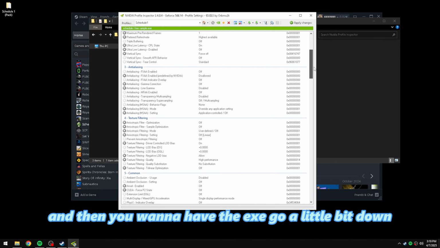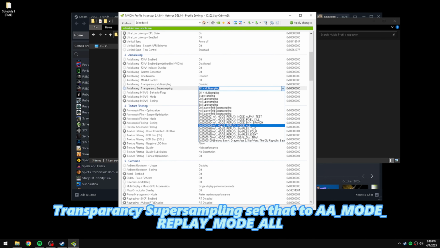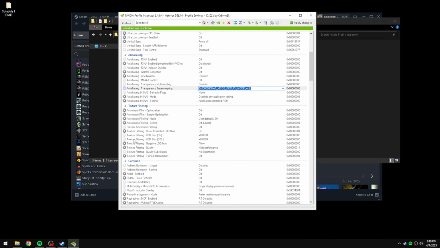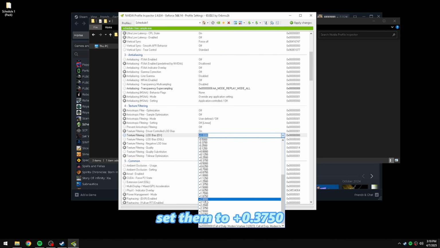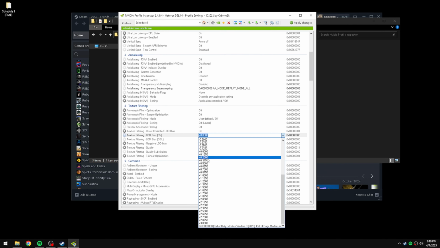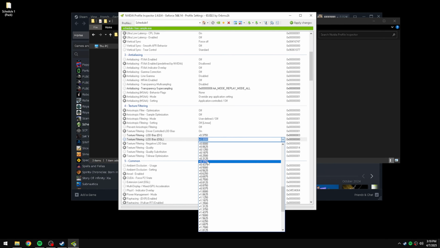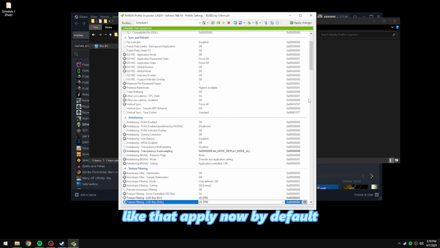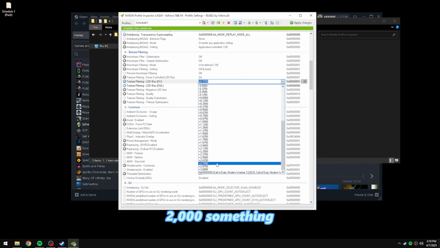Go a little bit down. Transparency supersampling, set that to AA mode replay mode. LOD bias, both of them, set them to 0. So plus 3750. Like that. Apply. Now by default you can also go higher, like going lower, so 3000, 2000 something, and it will decrease the quality even more,